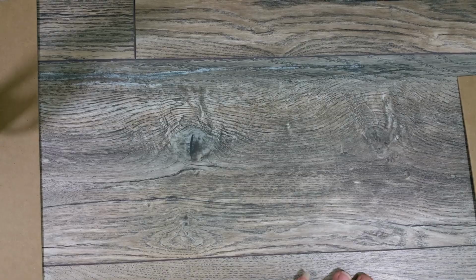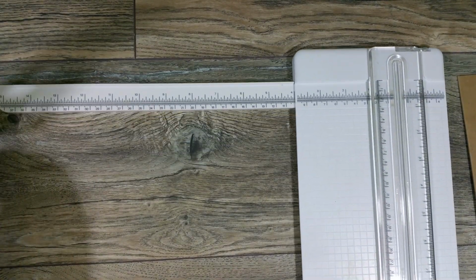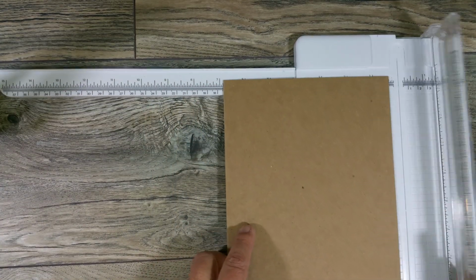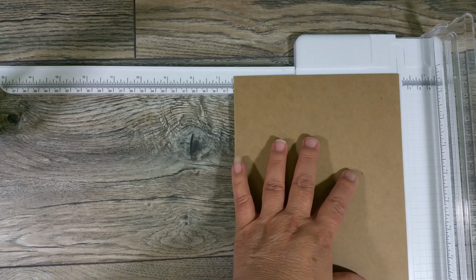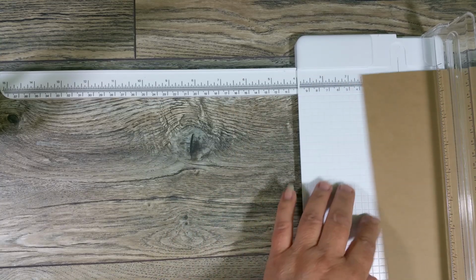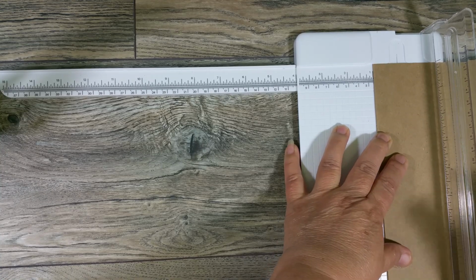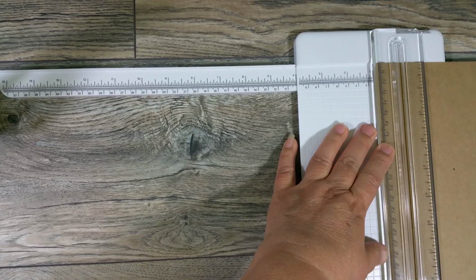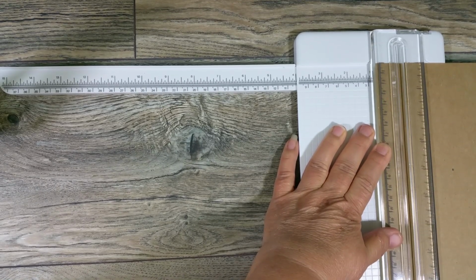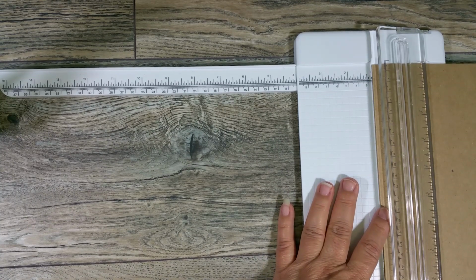Now you're going to take out your paper trimmer, the one that's made only for paper. I'm going to call it score, but it's actually cutting. You're not cutting too much, it doesn't cut all the way through. It just kind of scores. So we're going to move it to the 1-inch mark and cut, like we're cutting paper. You are going to apply pressure because you want to cut some. And then we're going to move it to,